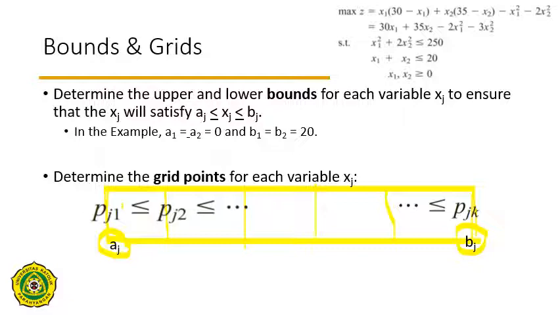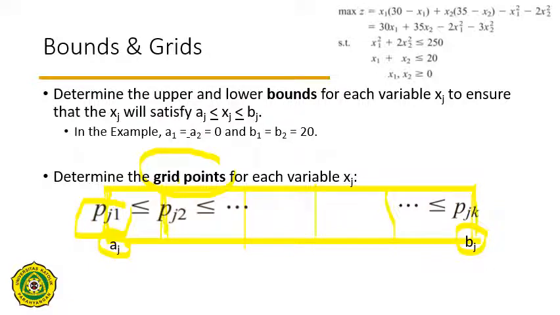Okay, and the point where the cut is made is called the grid point. So pj1 is the first grid point for variable j. pj2 is the second grid point for the variable j, up to pjk,